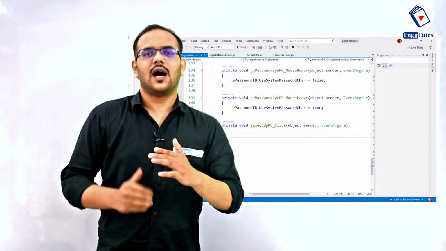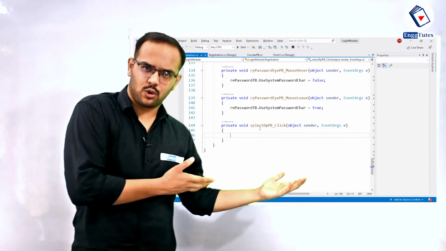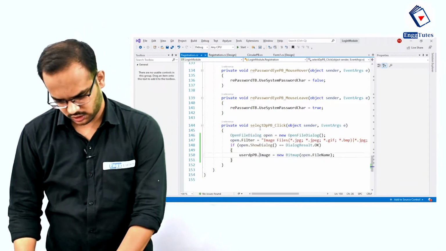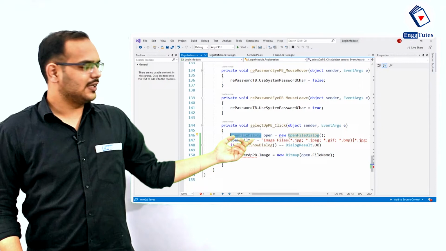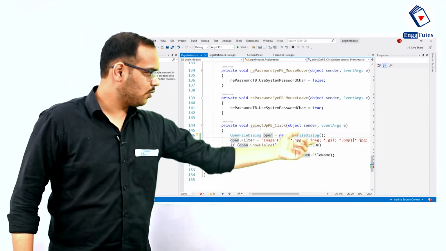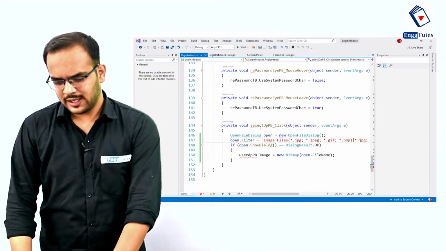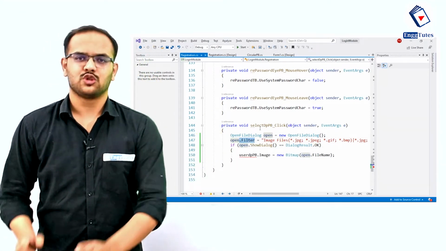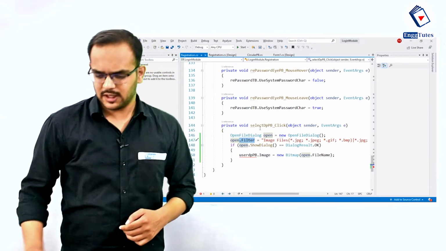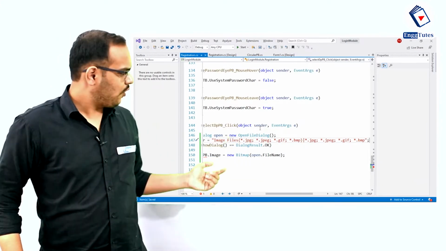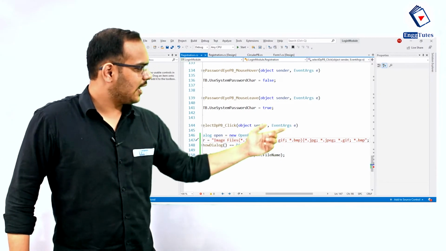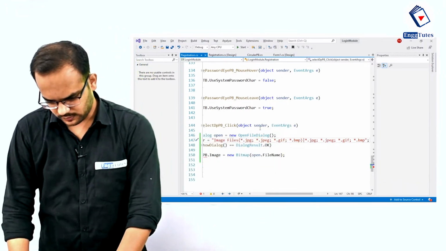Done. So again, I didn't expect that you should know how to write the code. I have also copy pasted the code from the internet. Okay, so OpenFileDialog is a special class provided by the .NET Framework. We are creating an object of that OpenFileDialog called open. It has a special property called filter, so that you can filter all your files. Since we are expecting that the user should select an image, we are filtering all the files of all the formats of an image. Okay, so JPG, JPEG, GIF, BMP, and all those.